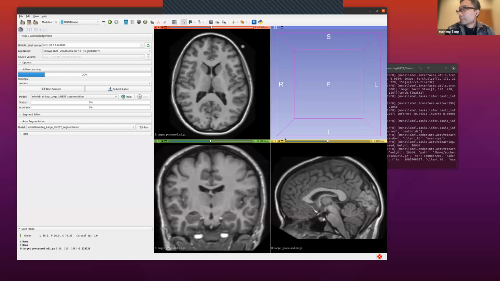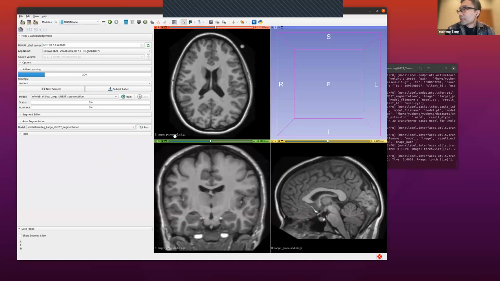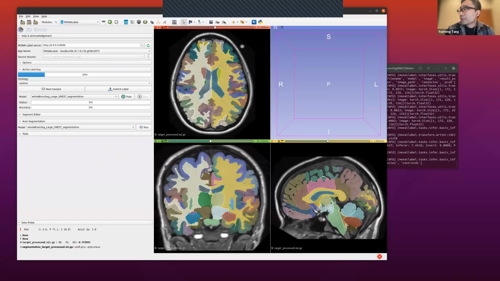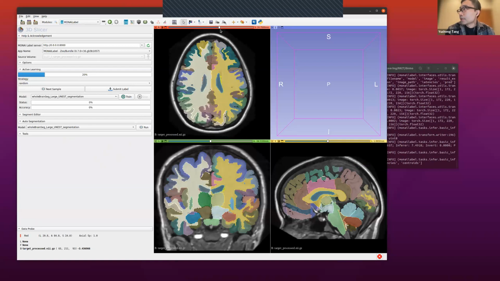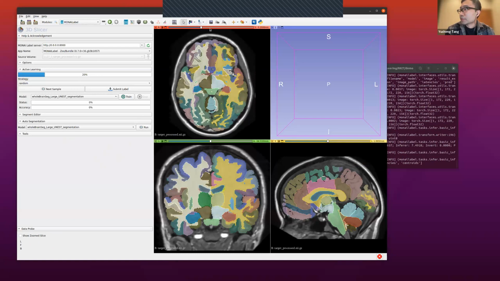So here we have the 3D Slicer setup, and we have the MONAI Label plugin. I have prepared a sample pre-processed with the MNI space data. We can see the MR data here. And once we click a button here using the MONAI Label plugin, we have loaded the model already with the UNETR labels. You can see that we have the whole brain segmentation, including all the 131 anatomies showing up on the